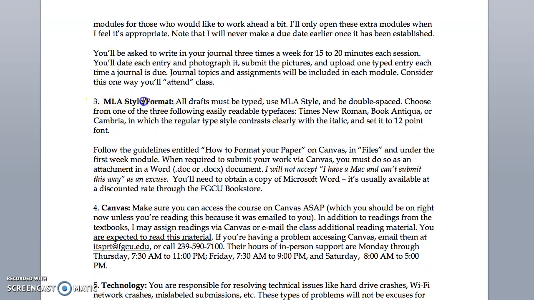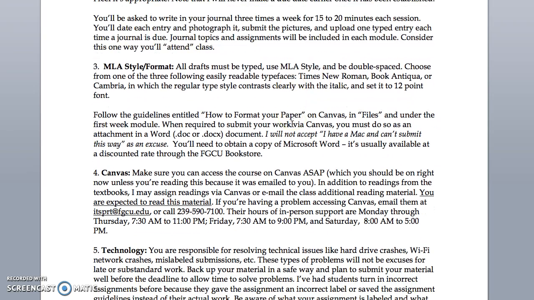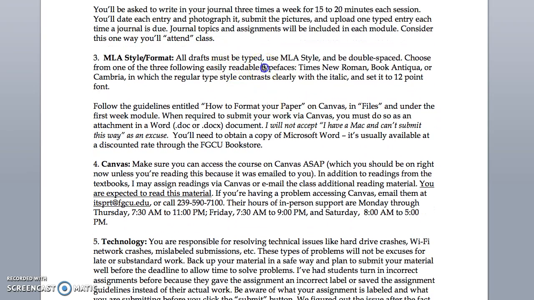MLA style and format. We'll be using that in this course. All drafts must be typed, use MLA style, and be double-spaced. There are 3 typefaces that you can use. They are right here. You might think I'm being silly mentioning that, but people send things in the wrong style